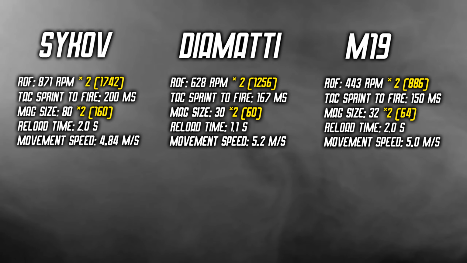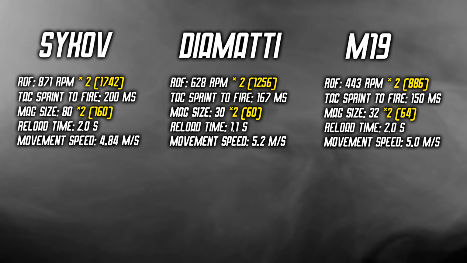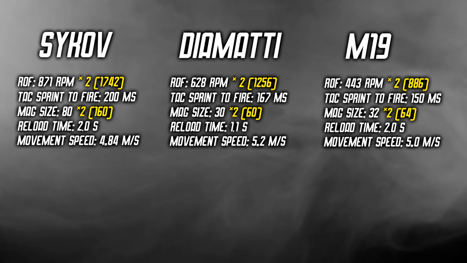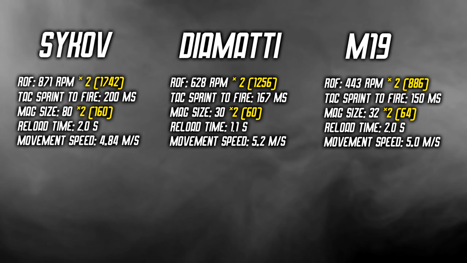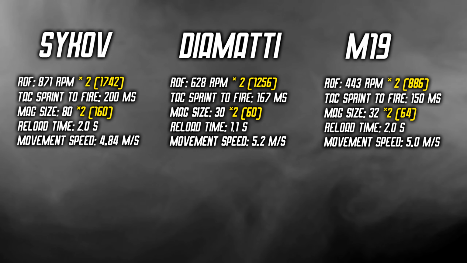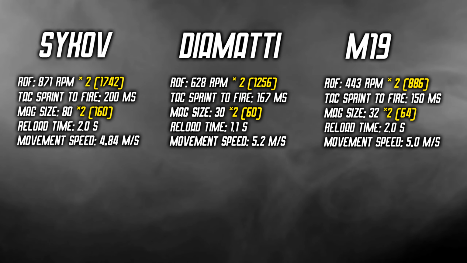You'll see the SYKOV on the left, the DIAMATTIs down the middle, and the M19 on the right. And for the rate of fire, we calculate the rate of fire with that new auto barrel. The rate of fire for a single gun is 871 rounds per minute. Then of course you multiply that by 2 because you've got two weapons. And that gives you an insane rate of fire, which is the fastest rate of fire in this entire game